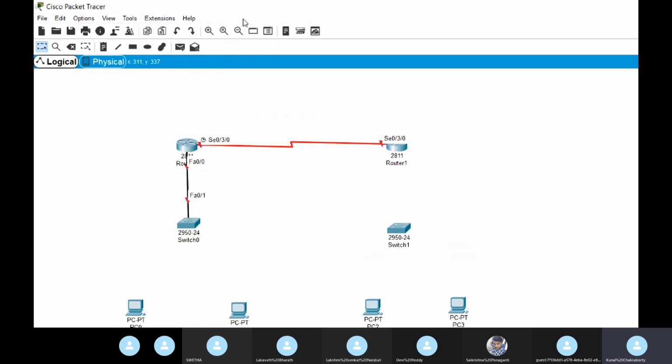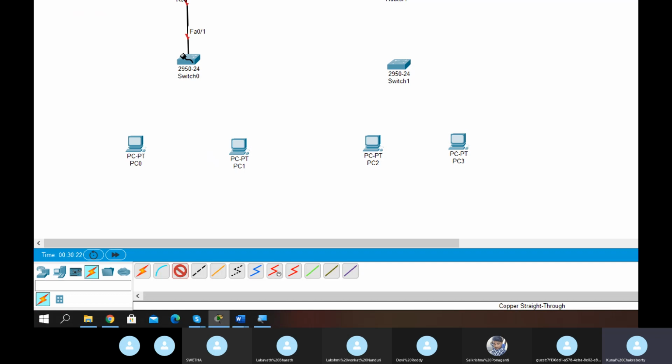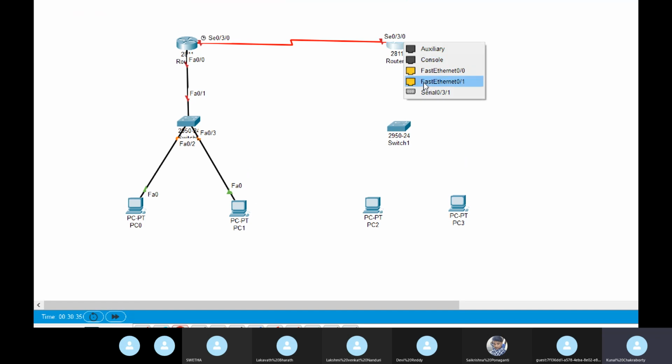I am taking them serially, and it is better that you make it serial. Don't make it jumbled like 0/23 versus 25, it will be very confusing. So better you make it precise: 0/0, 0/1, you can remember. Again, switch to PCs. Same thing we will do for the other one also.